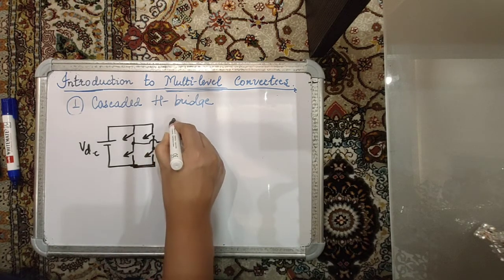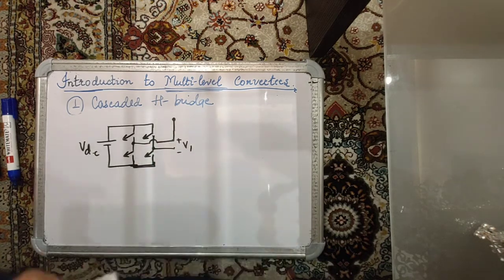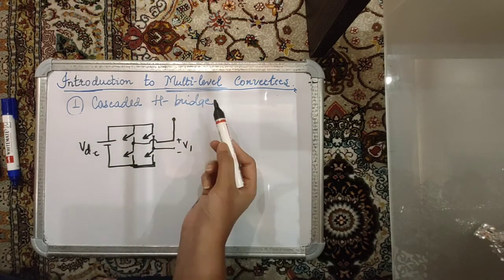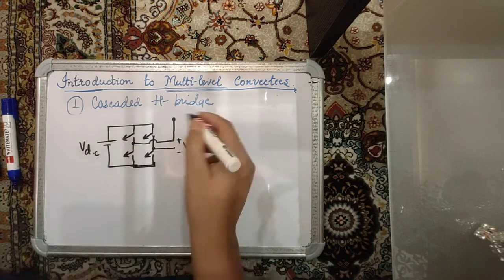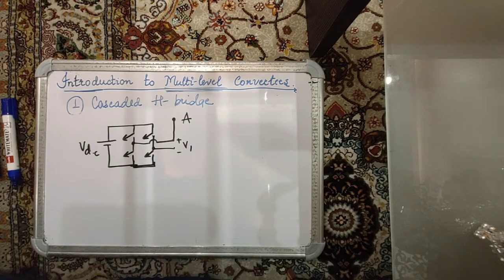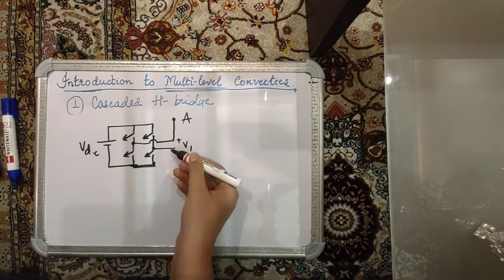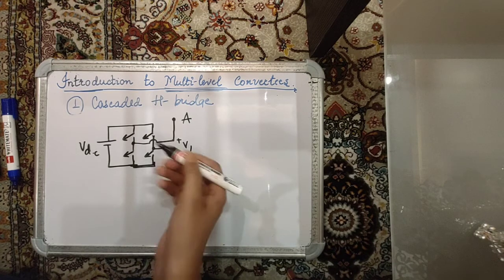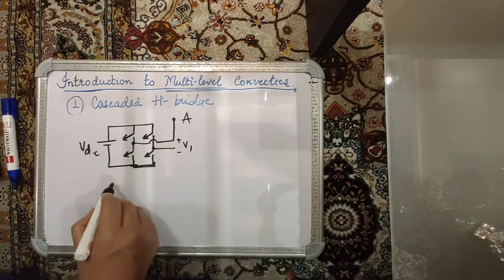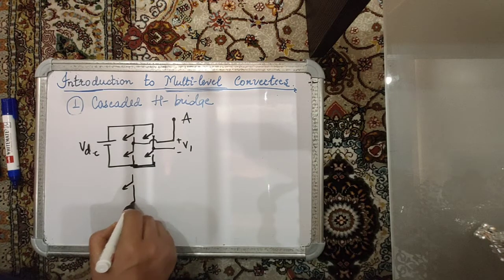So one end of this cascaded H bridge is connected. Your aim is, say, DC to AC conversion. So this is your input DC, and at the output you want to produce three-phase AC. So it is connected to the phase A of your three-phase load. The second output is actually cascaded to another H bridge like this. So you will have another H bridge over here,